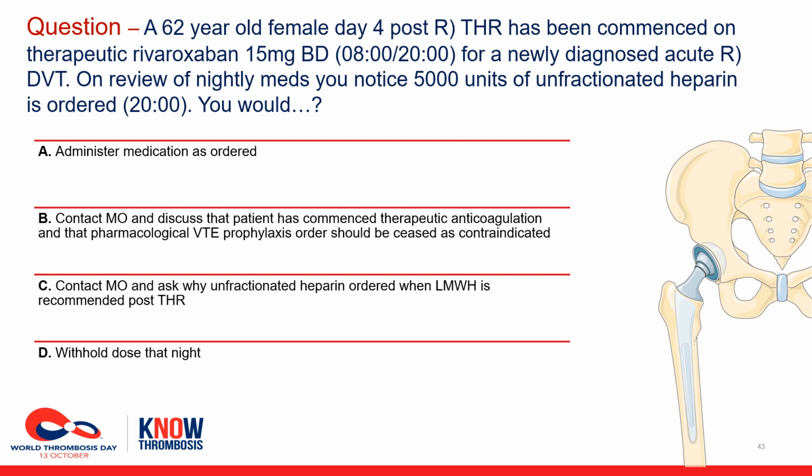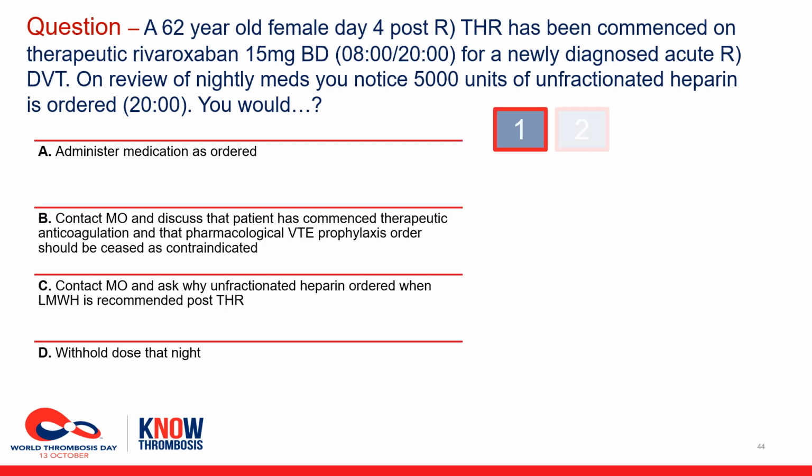B. Contact the doctor and discuss that the patient has commenced therapeutic anticoagulation and that pharmacological VTE prophylaxis order should be ceased as now contraindicated. C. Contact the doctor and ask why unfractionated heparin is ordered when low molecular weight heparin is recommended post total hip replacement. D. Withhold dose that night. Again,